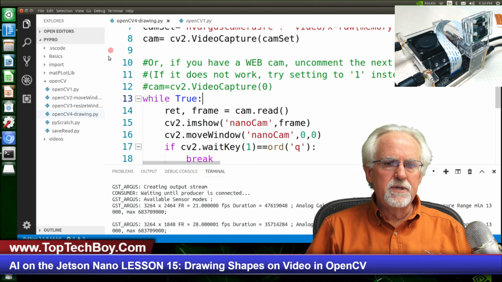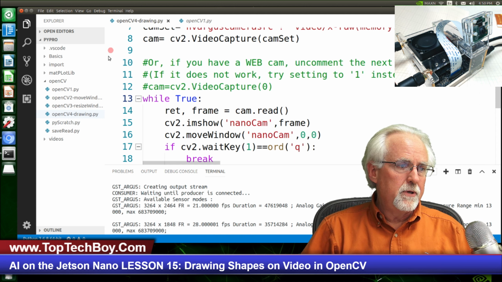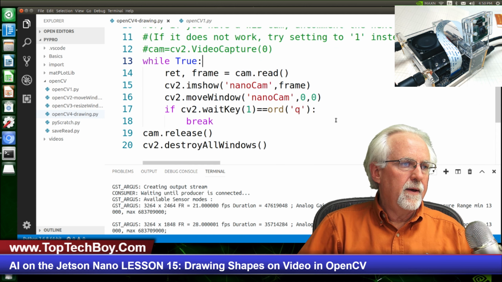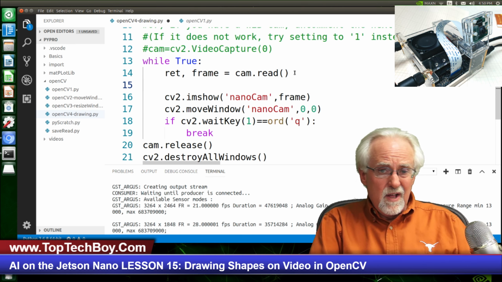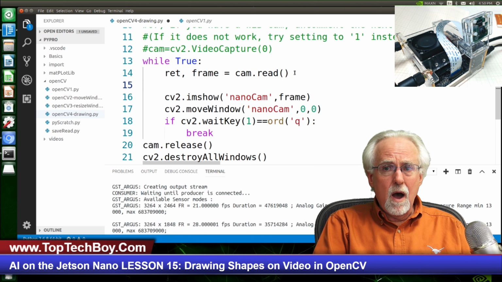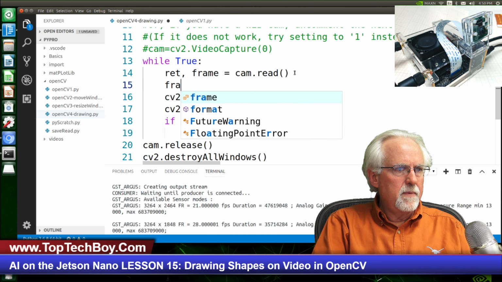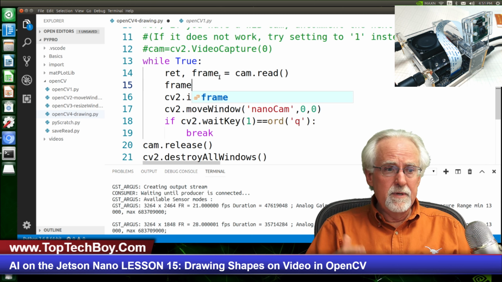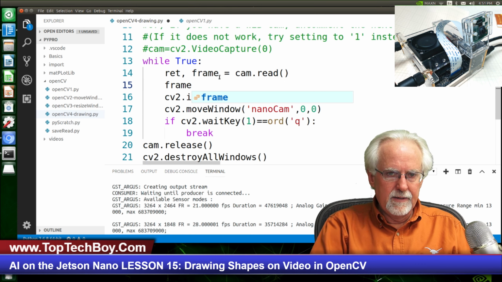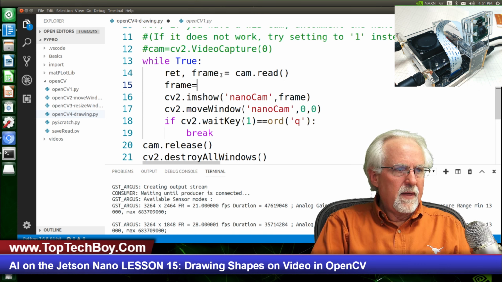Okay, now there are just some kind of neat things that you can do between the read and the show. So I'm going to come in and let's start doing some things here. Let's start by drawing a box. So I'm going to say frame. What did we read? We read into frame, and so our image is in frame, so I have to tell it frame is what I am going to be modifying. And then I'm going to say that's equal to